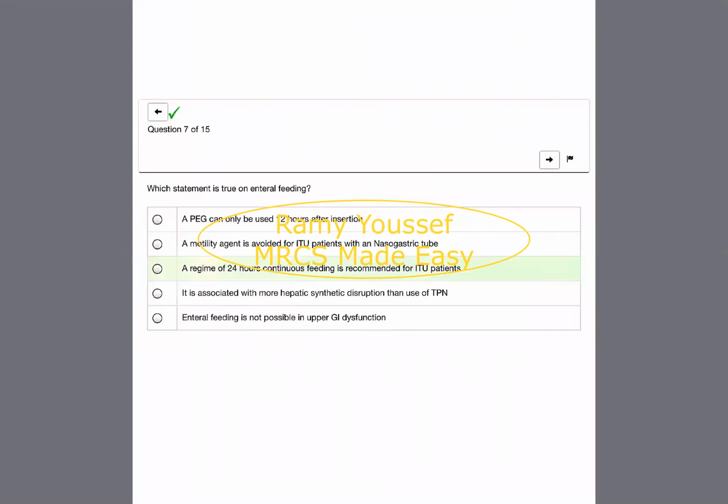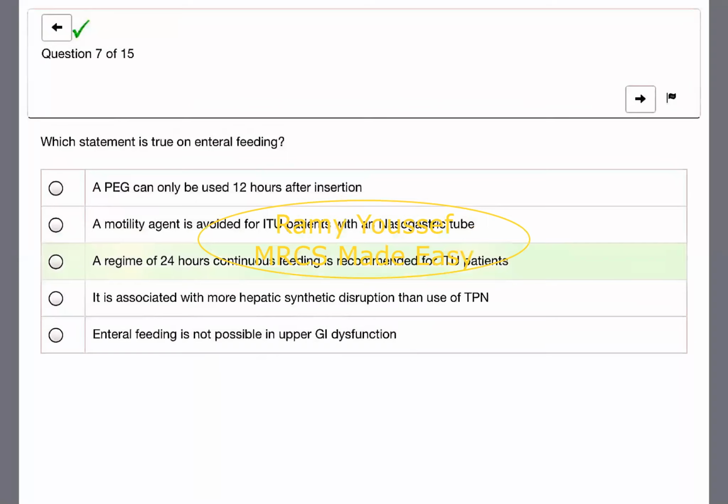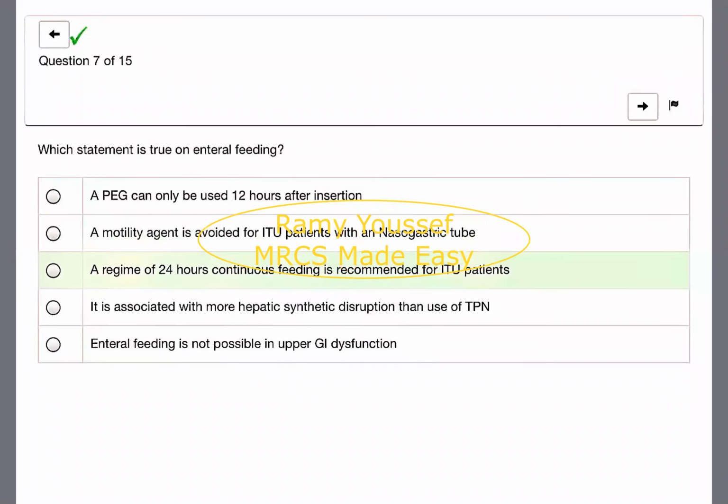Sometimes by exclusion, try to think about the question. If you find by exclusion is hard, so you have to know the question before to get the answer. So